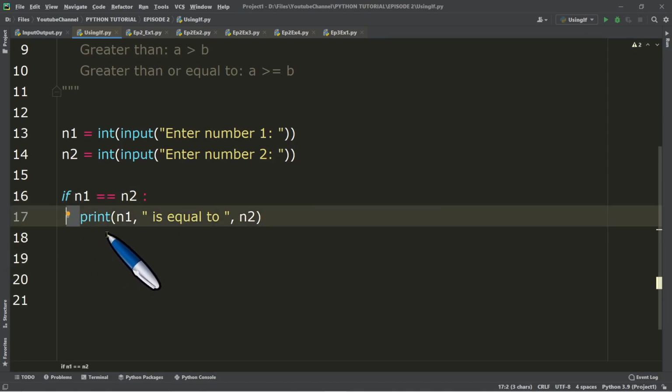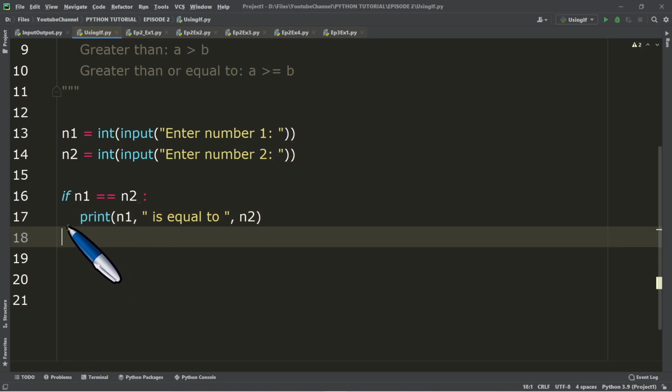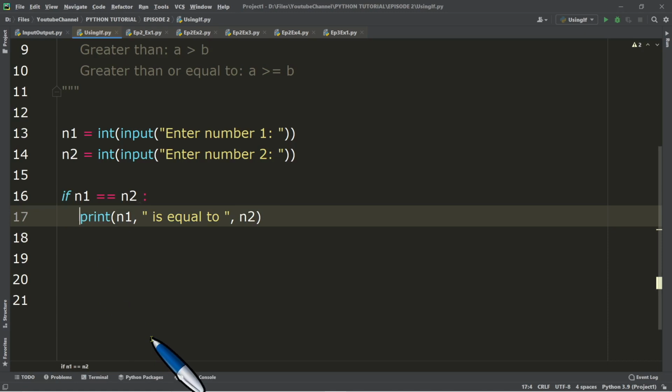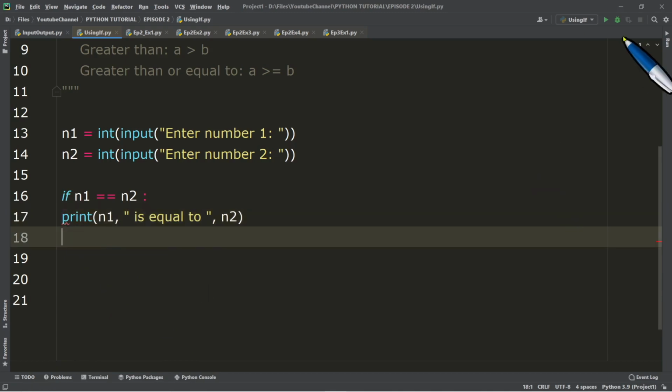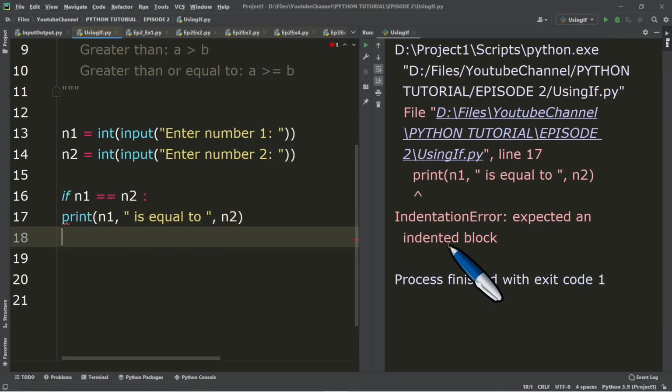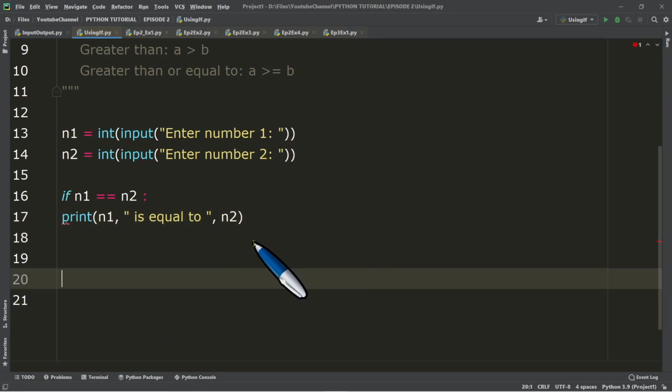In other programming languages, the indentation is not important. But in Python, you have to consider that the indentation is a must. These are the white spaces that we can see at the beginning of a line. So if you don't indent this statement under the if condition and you run it, you will see that this is an indentation error, since Python relies on the indentation